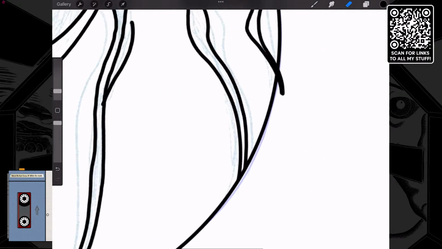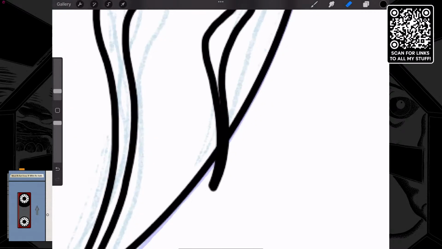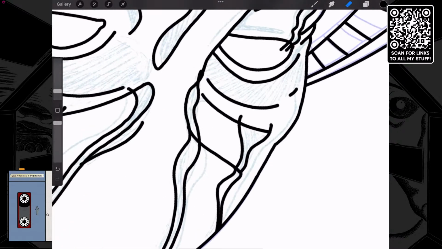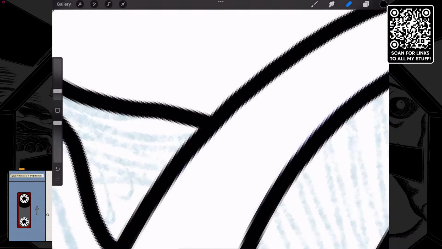Something on my screen. Hold on. I can see it. Get off of there. I think I was pulling a piece of tape off something. I think it's just a bit of sticky stuff left from the tape. Okay, hold on a minute. Let me just get my cleaning cloth because this is just dumb to have to put up with. There we go. That took care of it. Yes. Okay.